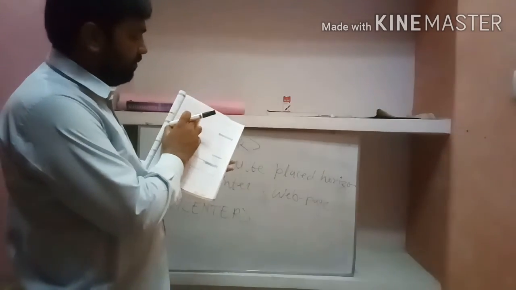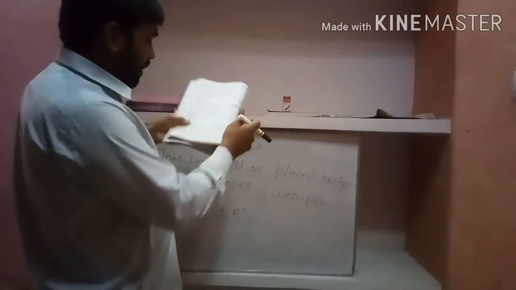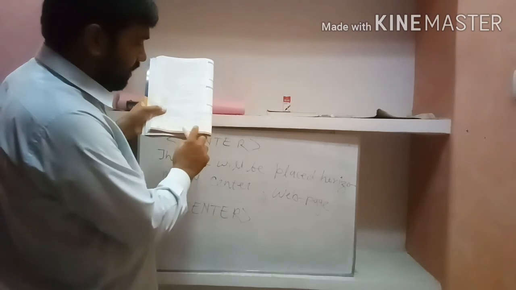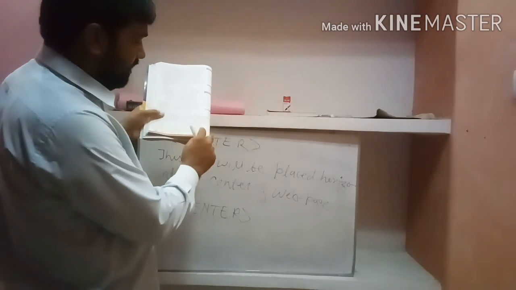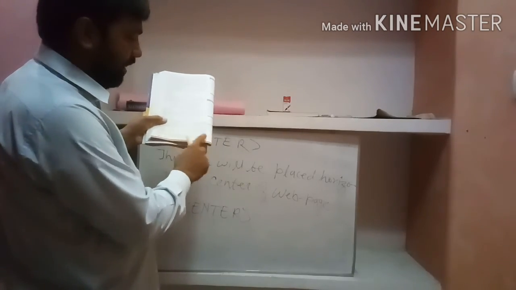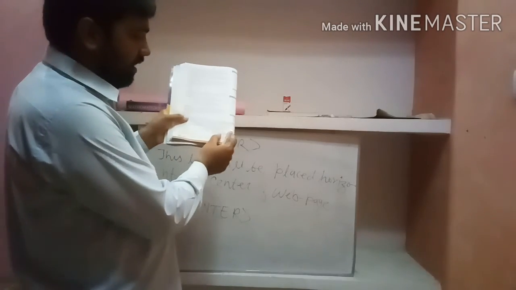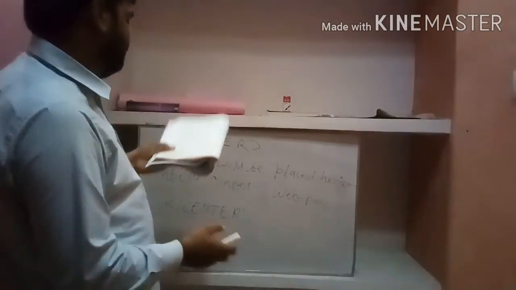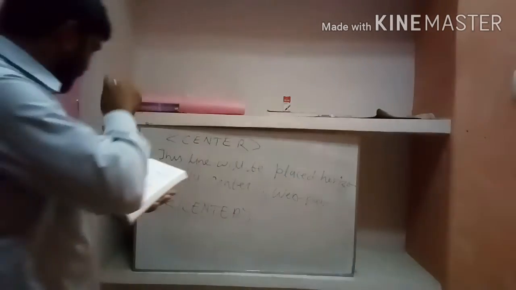BR is only for changing the line. So see, always remember me, there is the change of the line with the help of the BR tag, and God helps those who help themselves. See, both the lines are written inside the center open and close. So both the lines are represented horizontally center of the screen. So that's why we are using the center tag.